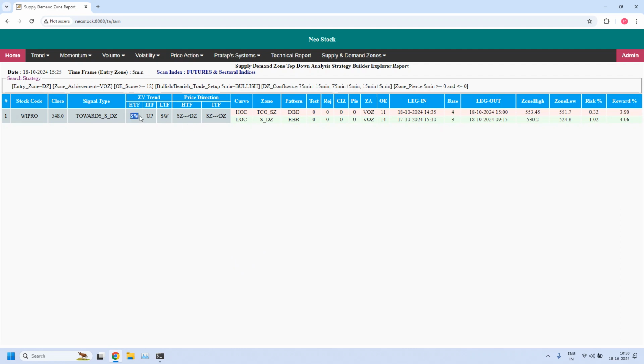And the HTF trend is sideways, no need to check for EMA confluence. Okay. Next, let's look for